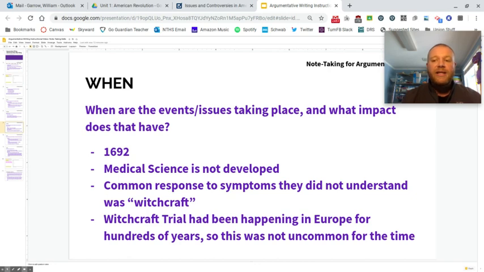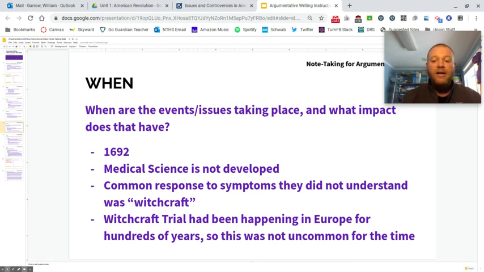And the reason that's important is because medical science, as we know it today, was not developed at that time. You have to remember that back then, they didn't understand germs. They didn't understand a lot of the other issues and things that we today take for granted about medicine. And so in my reading, I recognized that one of the common responses back then to symptoms they didn't understand was, well, it must be the devil, it must be witchcraft. And so I would make sure to make note of that because that was a common response in the 1600s